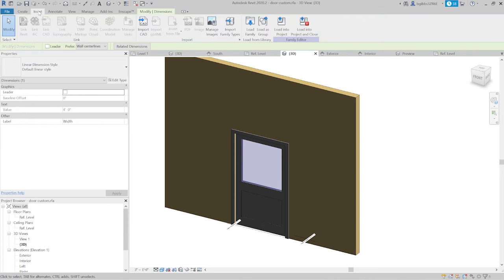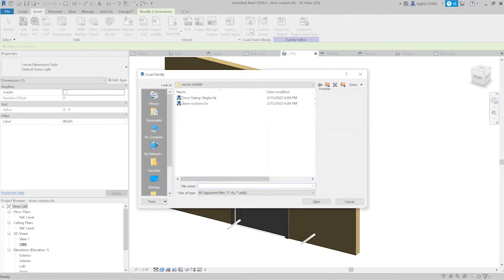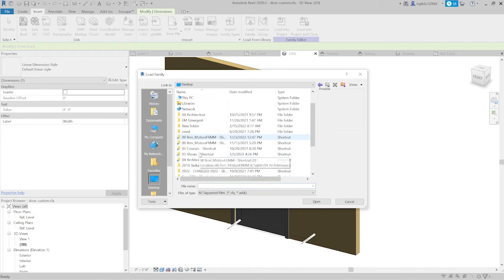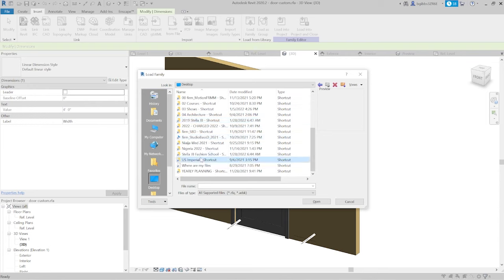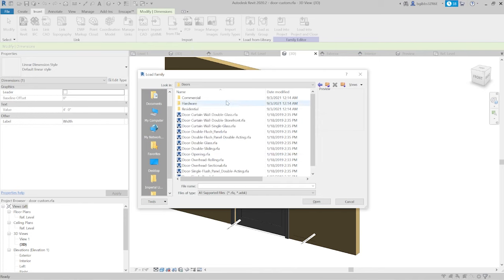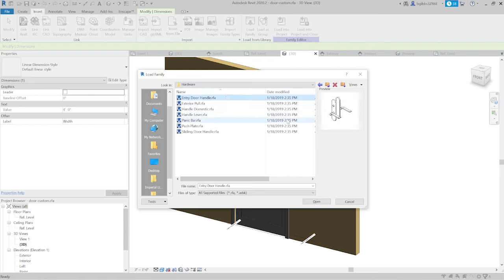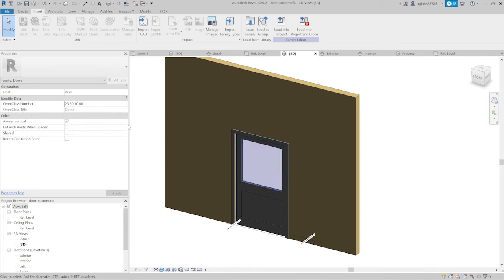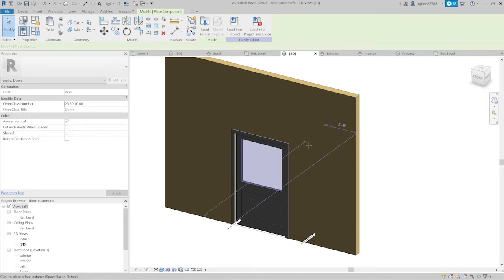We're going to insert, we're going to load the family, and this can be found in your Revit Imperial file. And in here we find our doors, a folder called hardware. We can see a couple different types of handles, and I'd rather use something that has handles on both sides like this. I'll click that, and it should be in the file, and I'll just go back to component,